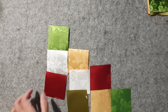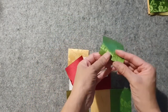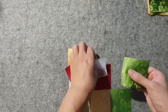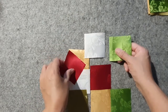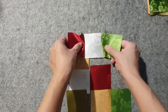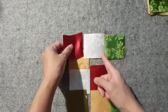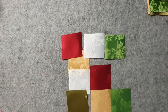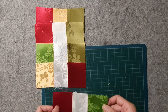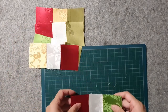And let's first connect these 3 squares by folding, giving a 1-inch margin on the side, and you can combine any colors you like, and you want to connect these 3 cloths with 1 centimeter margin. Okay? Now that you have 5 sets of 3 squares connected together like these, what you do next is to